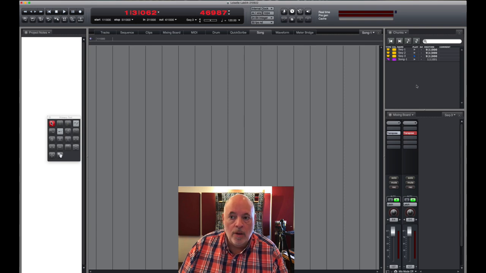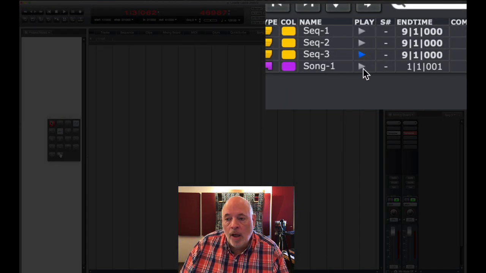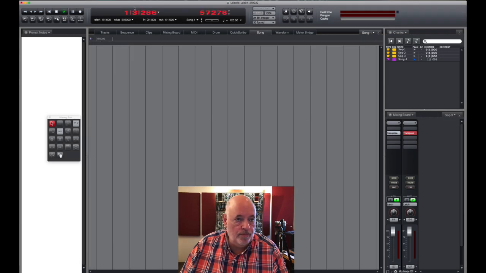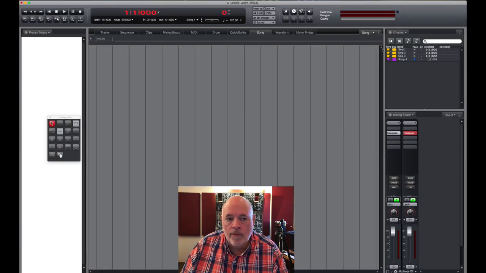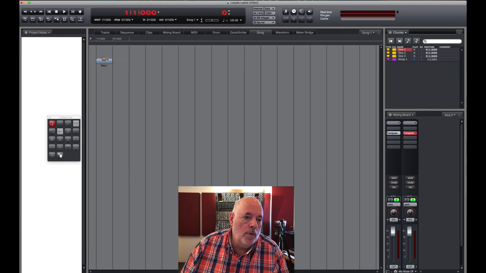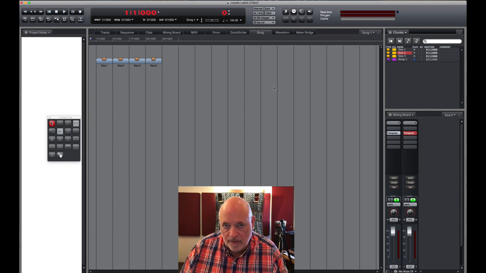So far, so good. Now what you do is click on play. So now the song is play enabled. If you hit play, the bar moves, but nothing happens. So now, here under the icon, click on sequence 1 and drag it in. Click on sequence 2, drag it in. 3, 2. 1, 2, 3, 2. Now if I hit play, I'm not going to take the time to do it, but